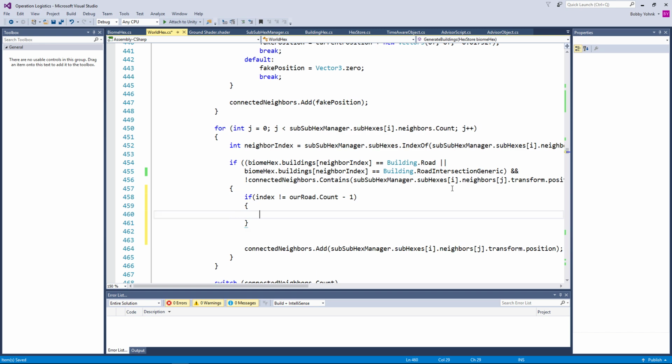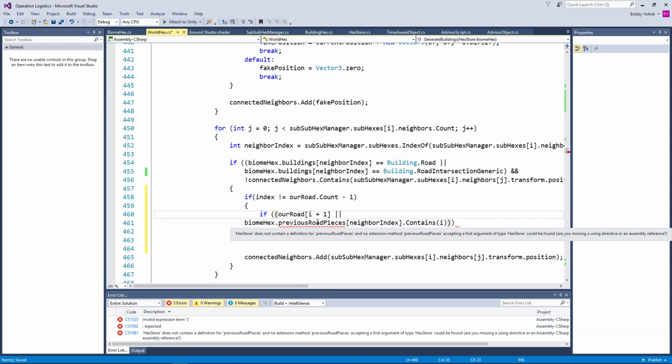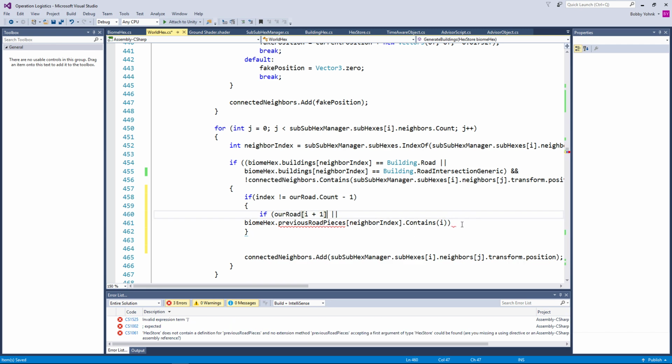So if our index is not equal to our road dot count -1, then we want to say something along the lines of if, and then I can go ahead and paste this in here. This isn't exactly going to work as put in here, but this is fine. So if our road plus 1 is not